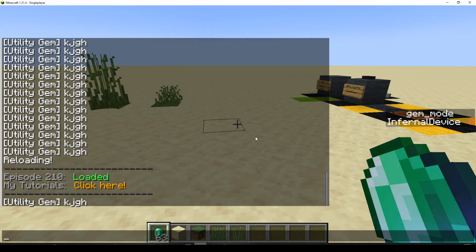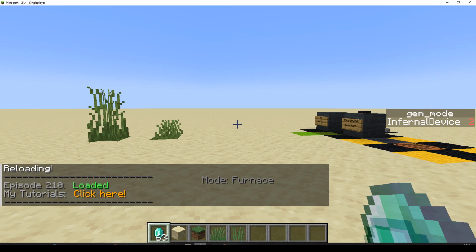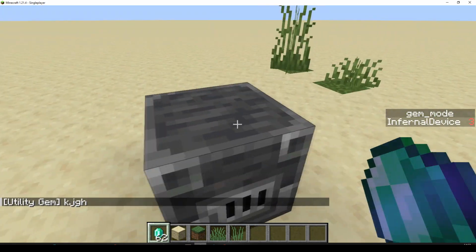Okay, let's go back. Reload. Crafting, ender chest, furnace, blast furnace. Crafting, ender chest, blast furnace. Check one down. Oh, I need a blast furnace. There it is. Oh, we left in the...